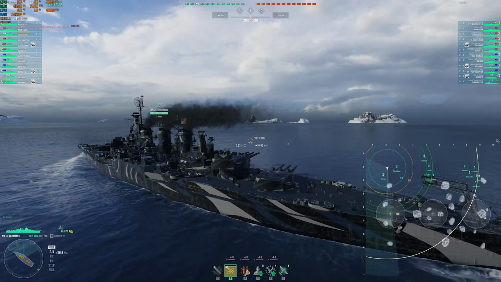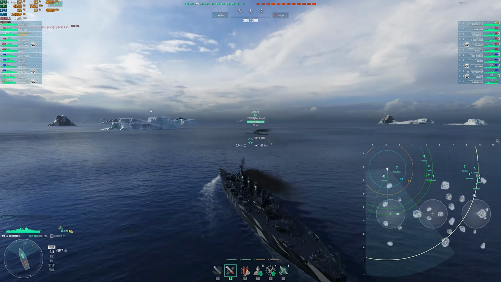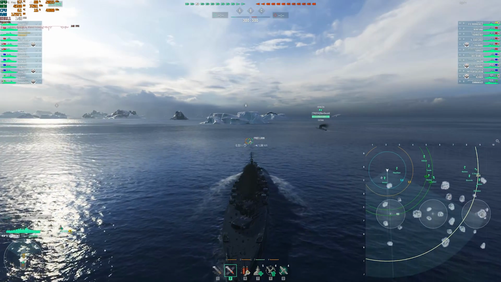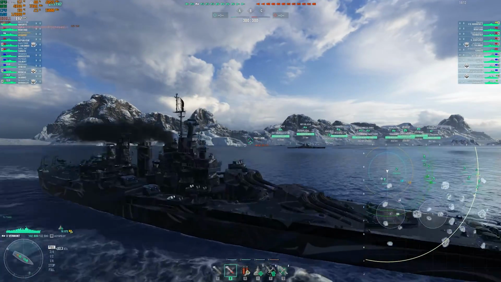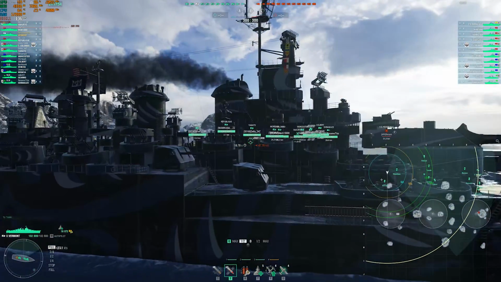I think the most important thing to learn in this game is how to position your ship. That, I think, makes a good player good and a bad player bad. That is the difference. It is not really aiming, it is all down to positioning in this game. And Vermont is one of the hardest battleships to position in the entire game because of how slow it is